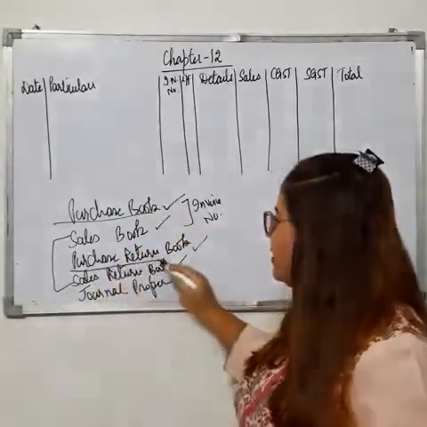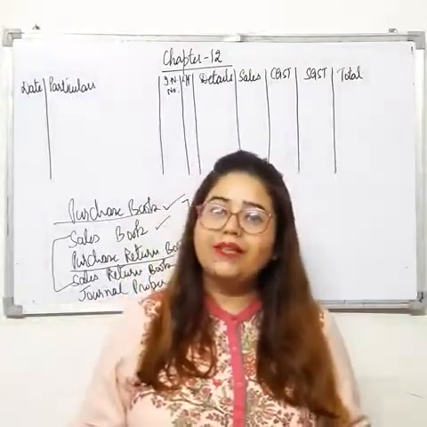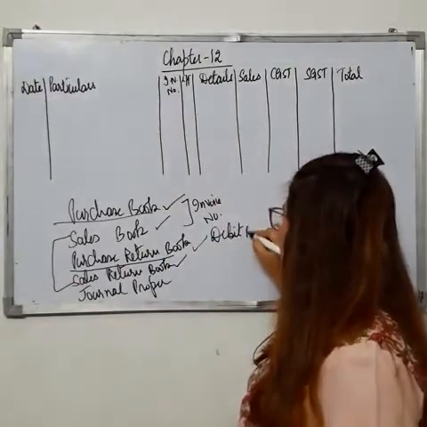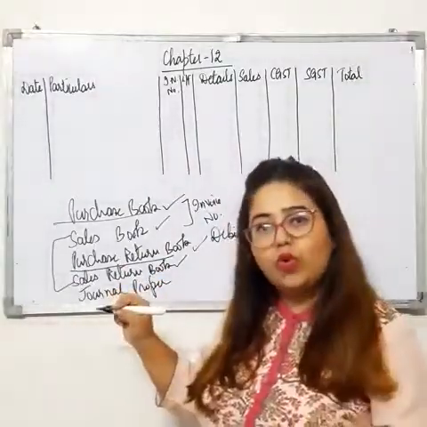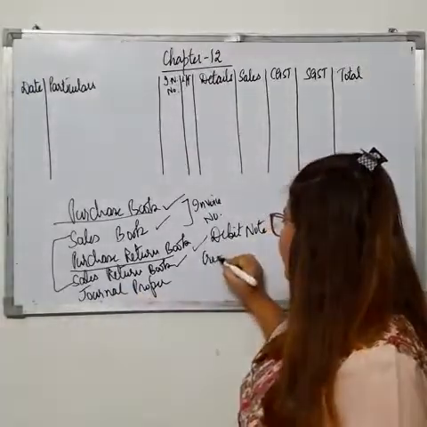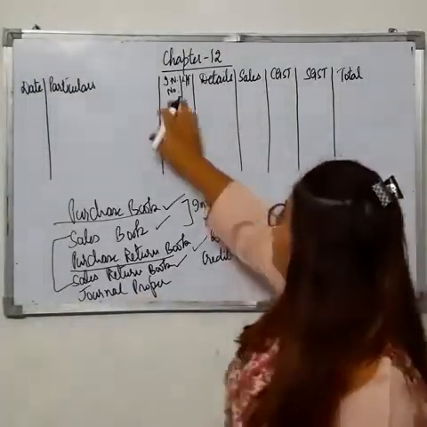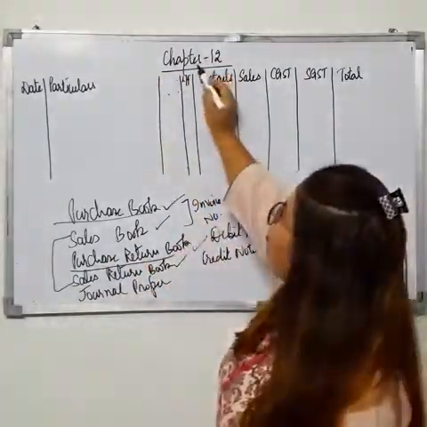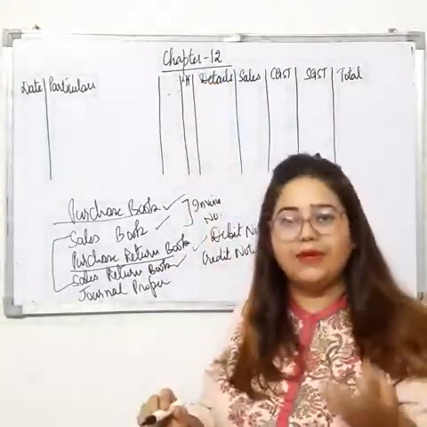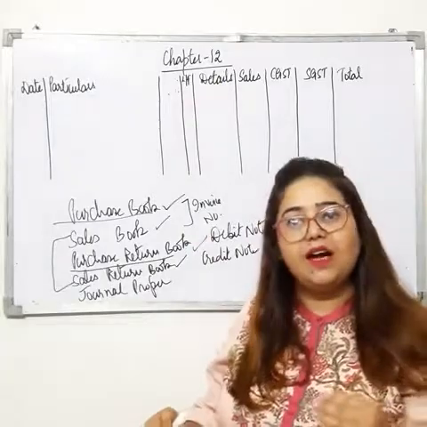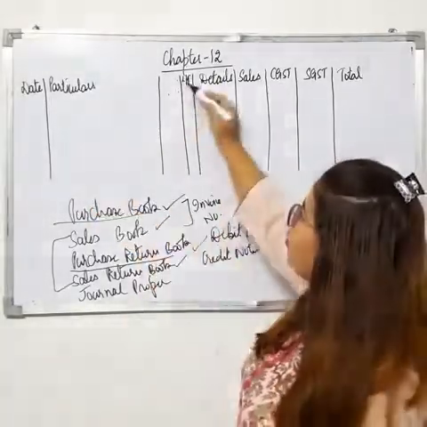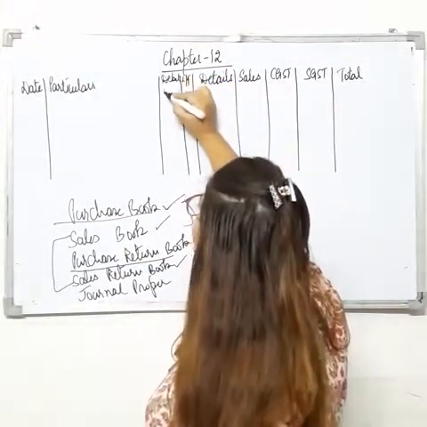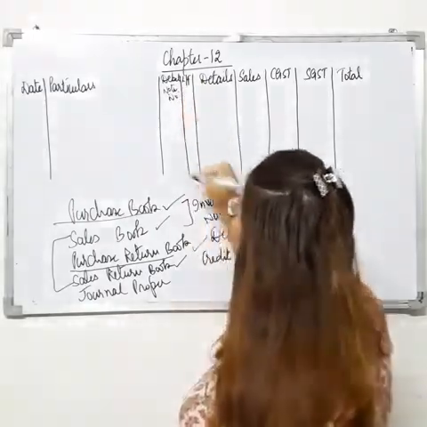But in case of purchase return book, we all know that the source document that is to be issued is debit note. And in case of sales return, the source document which is to be issued is credit note. So here we have to make changes. Suppose I am maintaining purchase return book. Firstly you have to write down on the top, that is, in the books of whatever the name is given. Then purchase return book. Then these 2 columns will be same. You have to make changes in this column. Here you have to write down its debit note number. Like this you have to write.